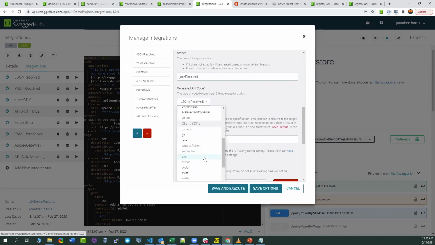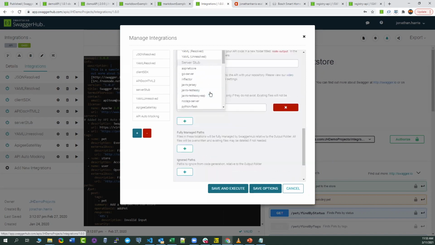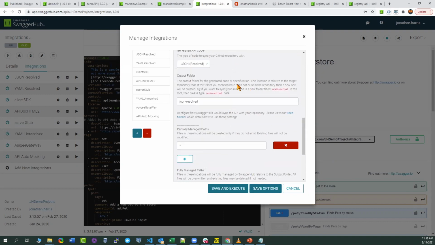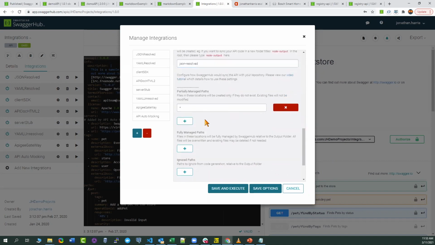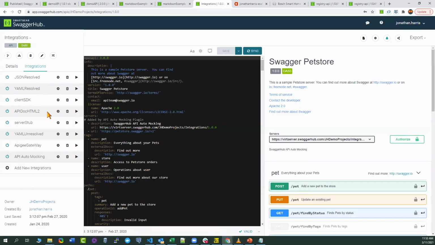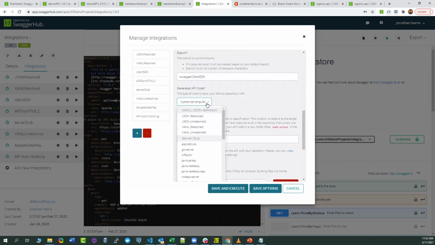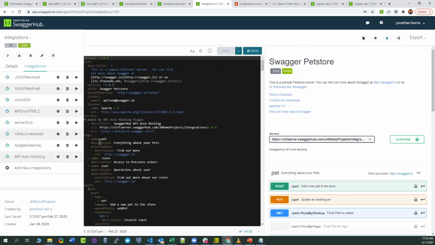And here I pick what I want to generate to that. So based on the stack that we're using, in this case, it's not the code, it's just the JSON OAS. But we can see here client SDK, very similar, just selected TypeScript for that case. Here we can see this is going to update my gateway as well. I have a mock service here,